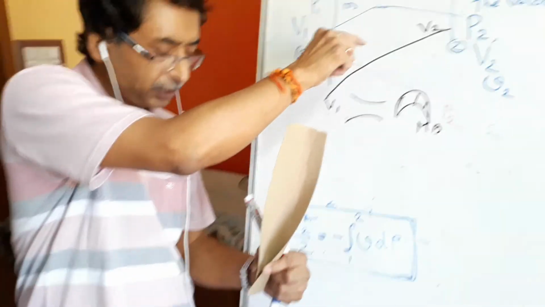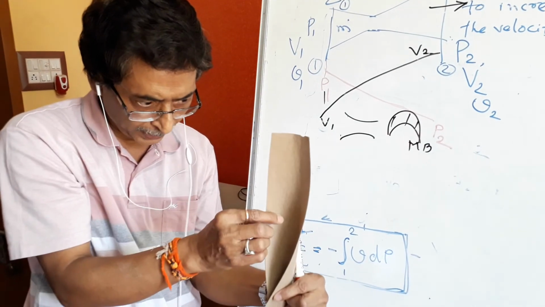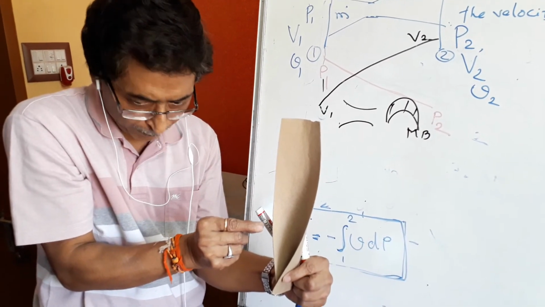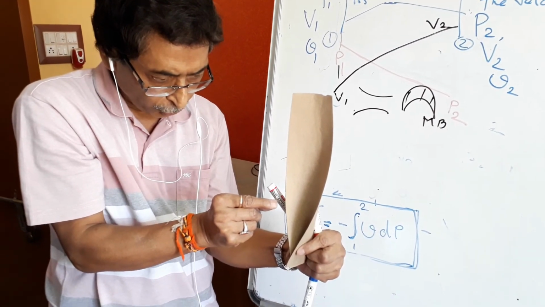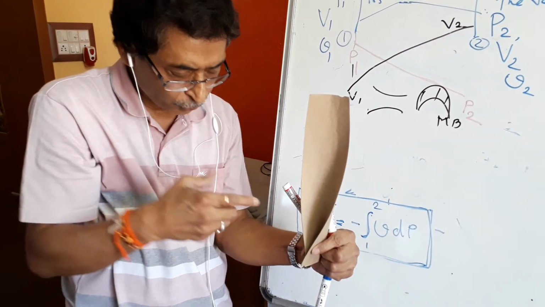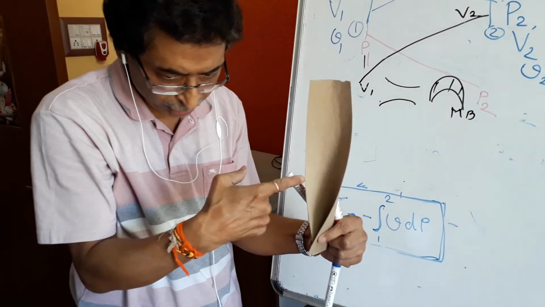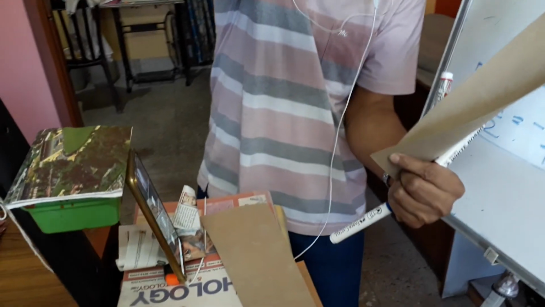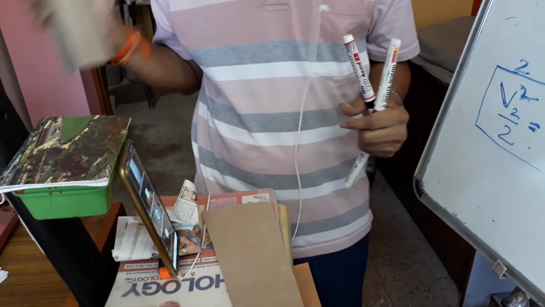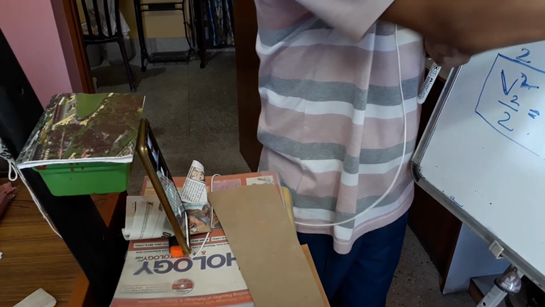So what is the purpose of the nozzle? In front of the moving blades I will place the nozzle. While steam flows through the nozzle, the velocity will increase. Then the high velocity steam will enter the moving blades and rotate the turbine. So you are getting it? That is the purpose of the nozzle. Now, that's why I am interested in the exit velocity. How much